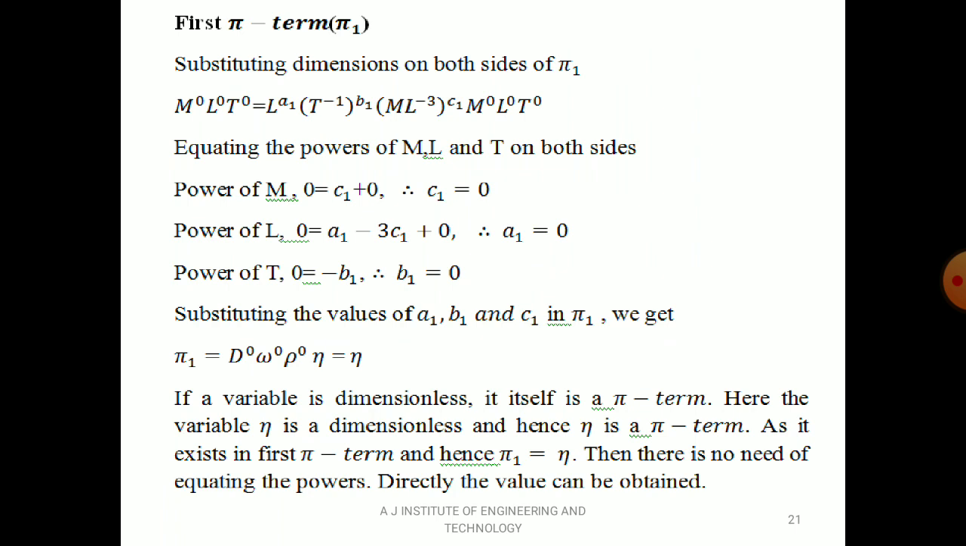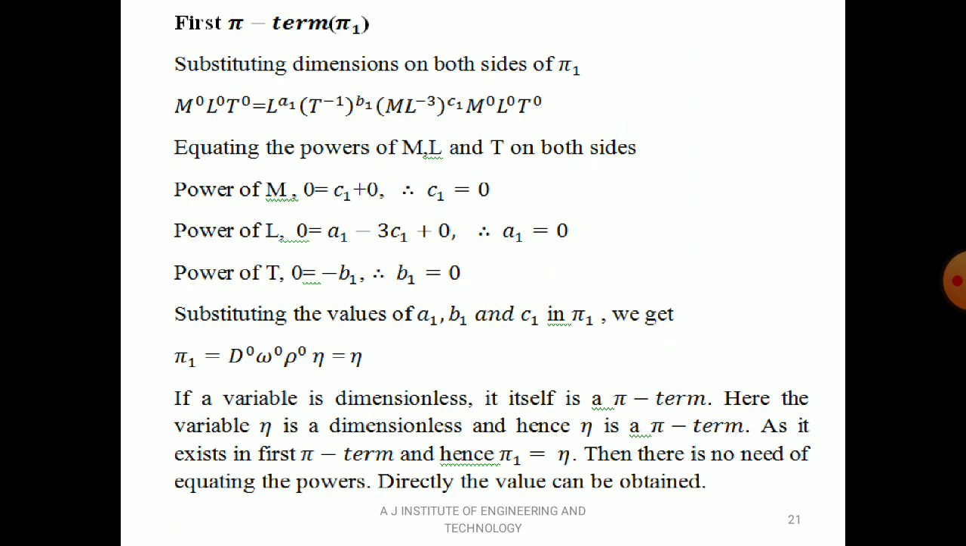L to the power a1, as diameter has dimension L, and T to the power minus 1 to the power b1, as angular velocity has dimension T to the power minus 1, into density to the power c1, where density has dimension M L to the power minus 3, to the power c1. M0 L0 T0. So efficiency, as I already told, is dimensionless, so M0 L0 T0. Now equating the powers of M, L and T on both sides, we get,